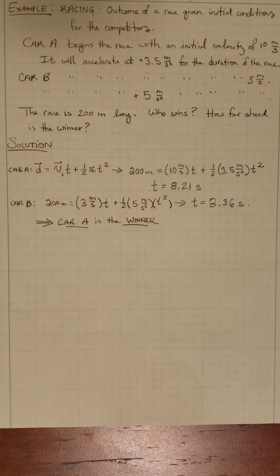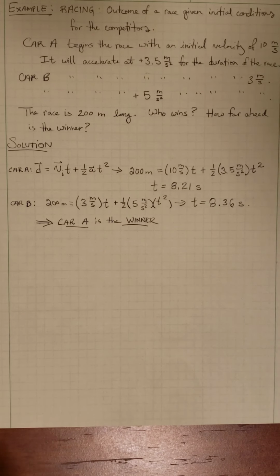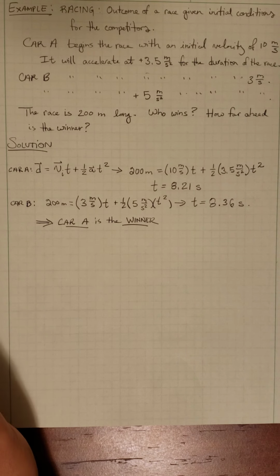How far ahead is the winner is directly related to how far the loser has gone. It's the length of the race minus how far the loser has gone in the time it took the winner to win. Hopefully that makes sense. So if we want to know how far the loser has gone,